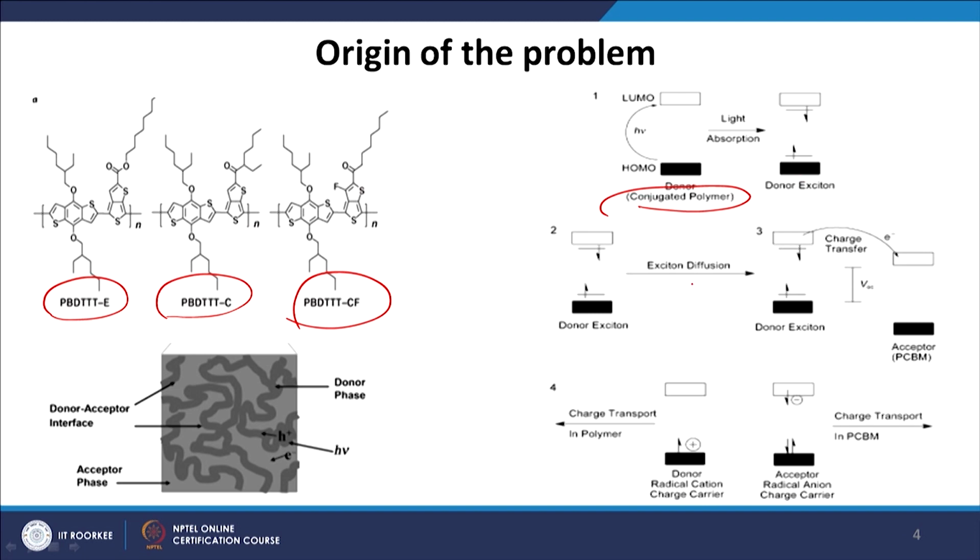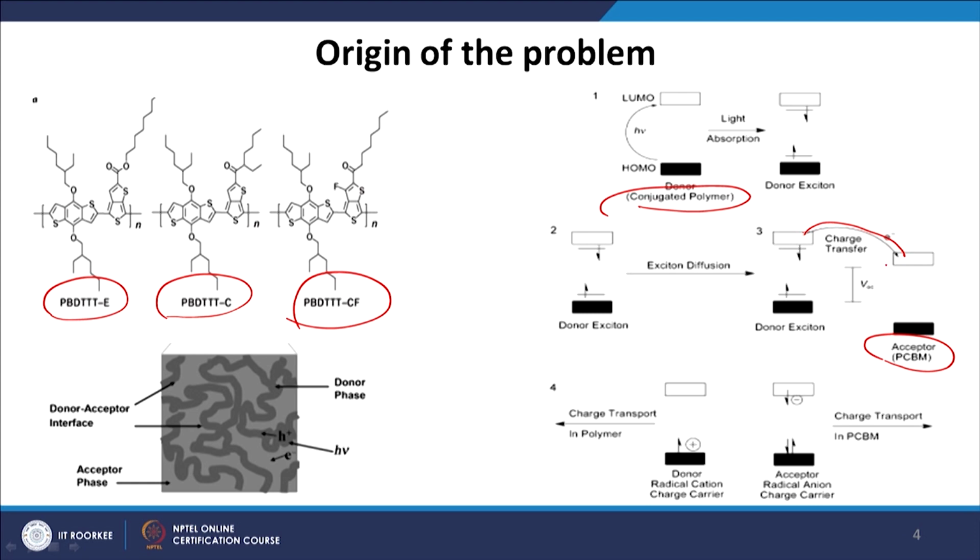The next stage in this process is exciton diffusion. Now I have a donor excitation which will be followed by diffusion of the exciton to the acceptor material. We are using PCBM as an acceptor material. The energetics, or the positions of the energy levels, are such that the PCBM HOMO-LUMO energy levels lie in an ideal position in comparison to the conjugated polymer which we are using in this study. So, the electron can inject from the LUMO level of the donor to the LUMO level of the PCBM, and the hole can inject from the HOMO level of the donor molecule to the HOMO level of the acceptor molecule.